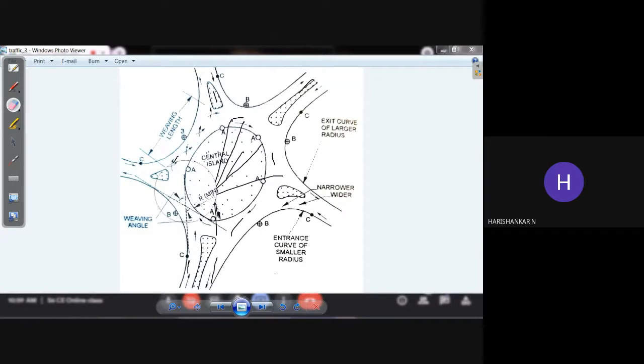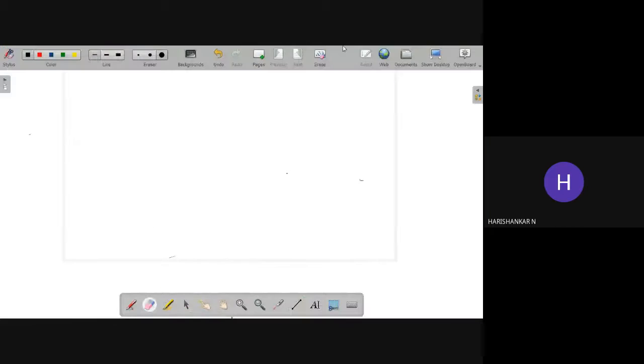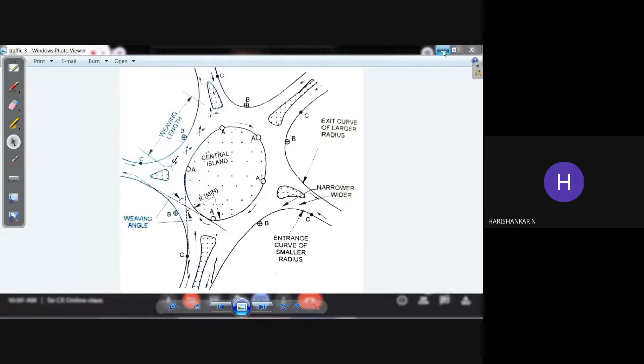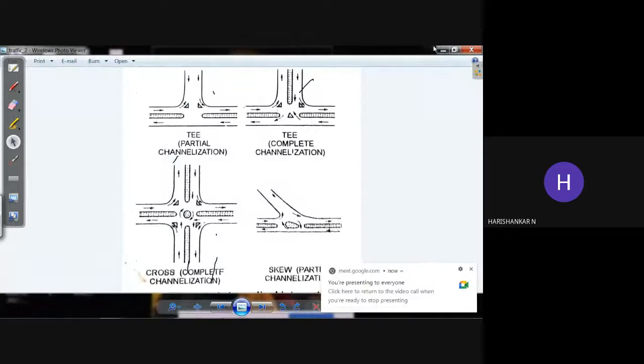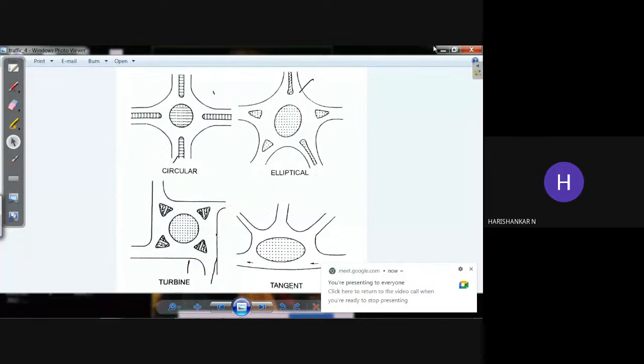The rotary can be of any shape depending upon the number of individual highways and the angle at which the highways are meeting. That we have already discussed. I remember we discussed the various shapes for the rotary during the last class. These are the different shapes for the rotary. Here it is a perfect circle, here this is somewhat oval, and here it's a perfect oval.